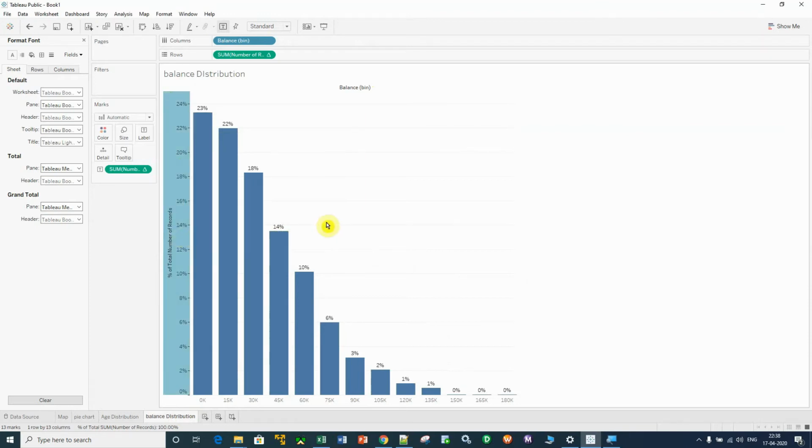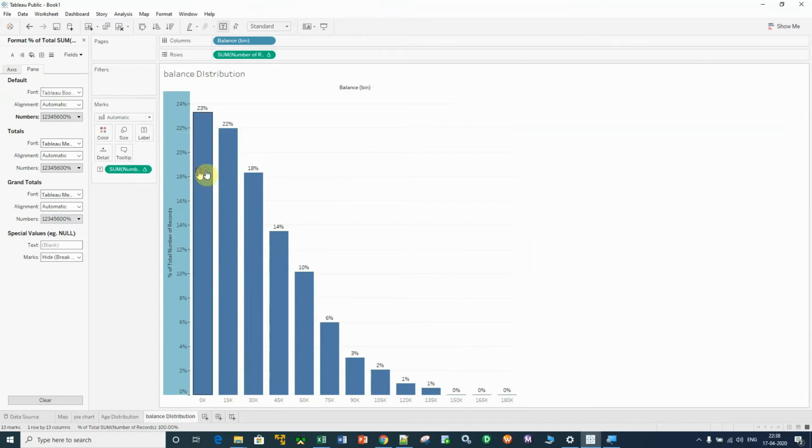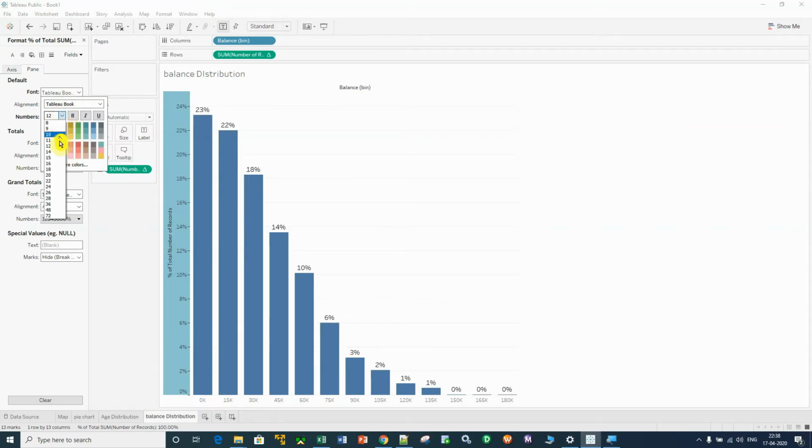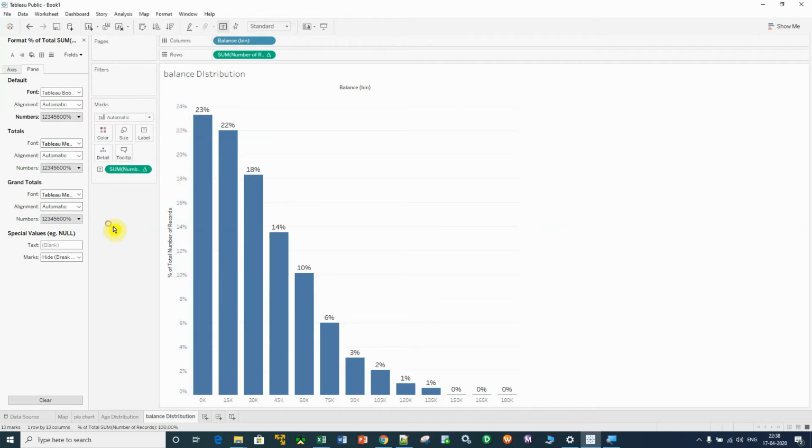If you want to edit the axis, just click on the axis, right click here and go to format, give it 12, make it black, make it bold. OK.